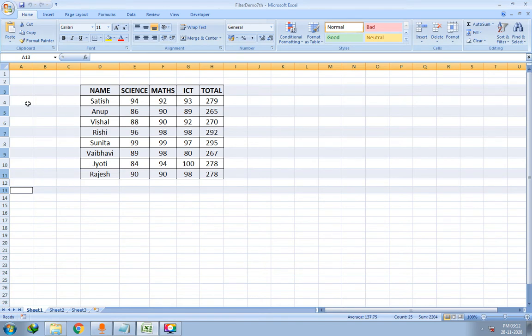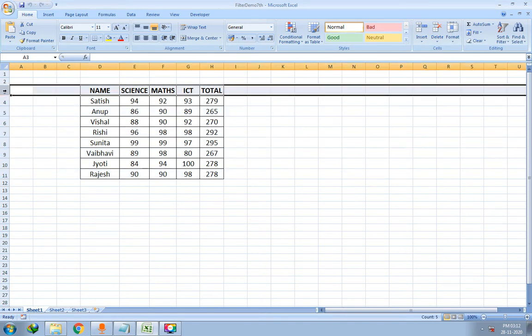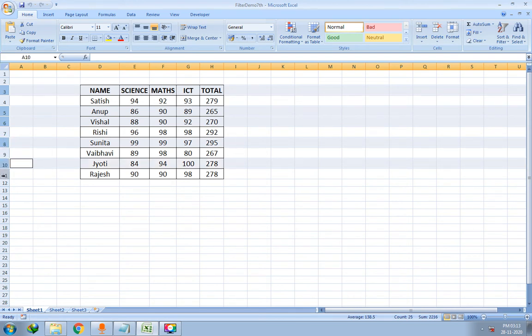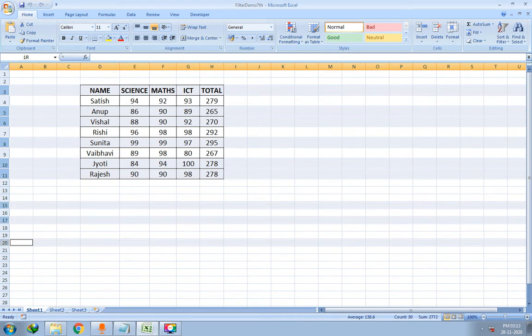How to select those? First of all, you have to select any one. I have selected 3. Now press the control button. Don't move the finger from the control button. It should be there on the button. I have not moved my finger from the control button, and I am clicking the cells to select them. You have to click in order to select. Click, click, and don't move from the control button, right?